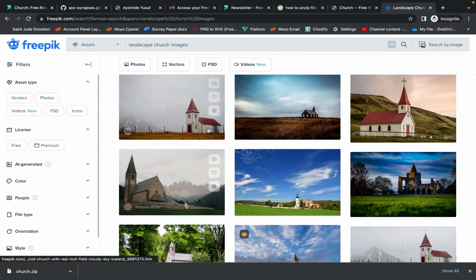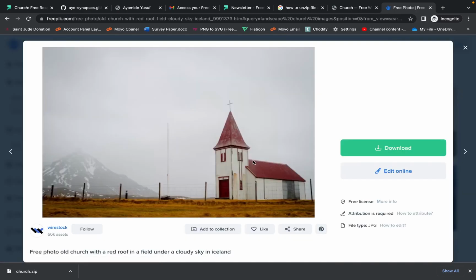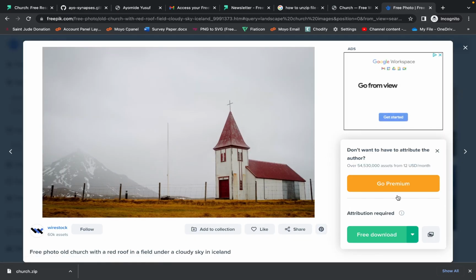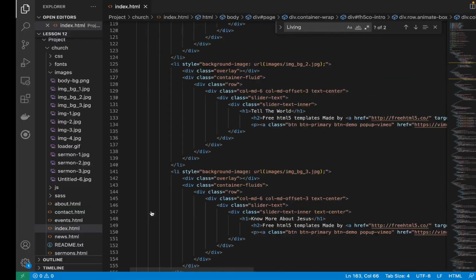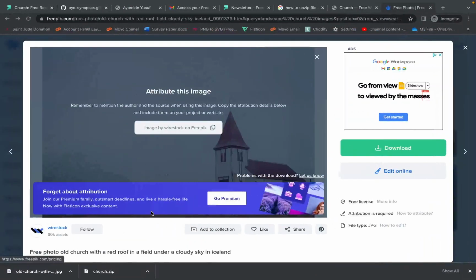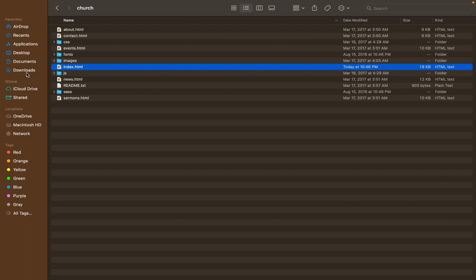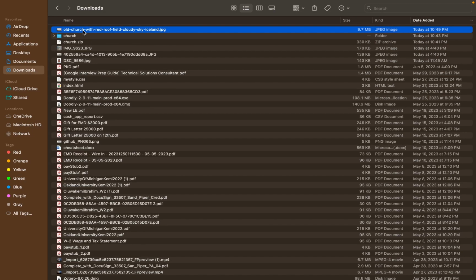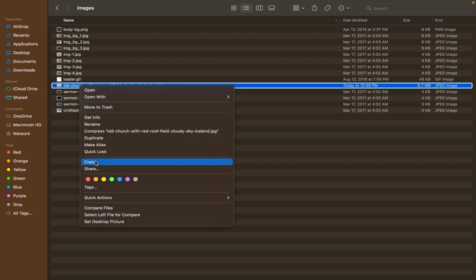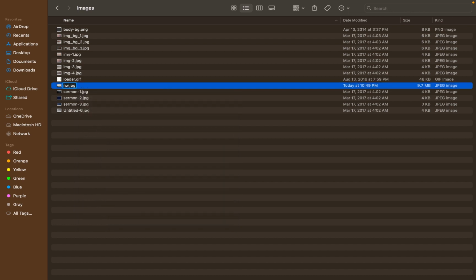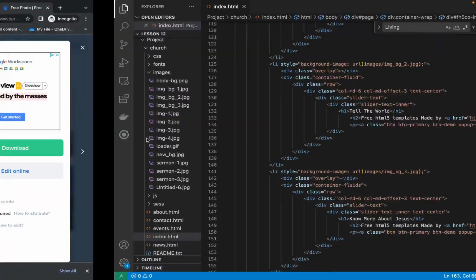Okay, so let's say I want to put this in there. So again, you remember, you come here, you download it, free download. So I have it in there. Then I will go to my download folder. I can copy this. Then I will go to my image folder, put it in here. And I can name it new BG, new background. Okay, so now I'll just go to my code